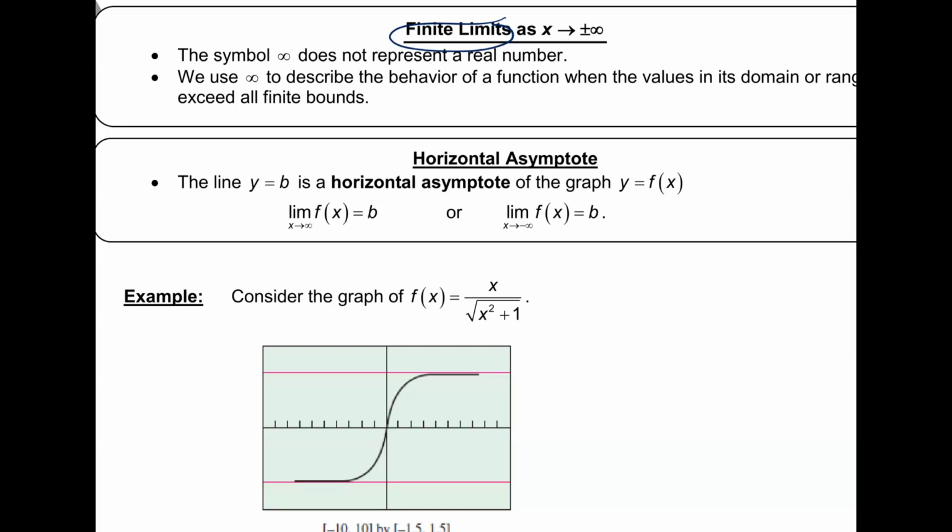All right, so we use infinity to describe the behavior of a function when the values in its domain or range exceed the finite bounds. So just to be clear, this is as x is approaching plus or minus infinity. So this means we have a horizontal asymptote. So as x gets bigger and bigger, if we're approaching a single number, that means there has to be a